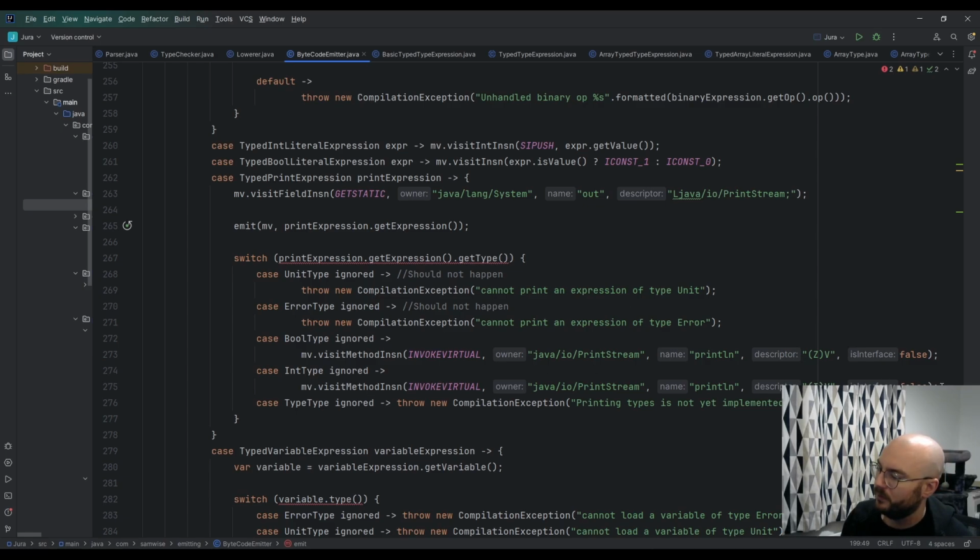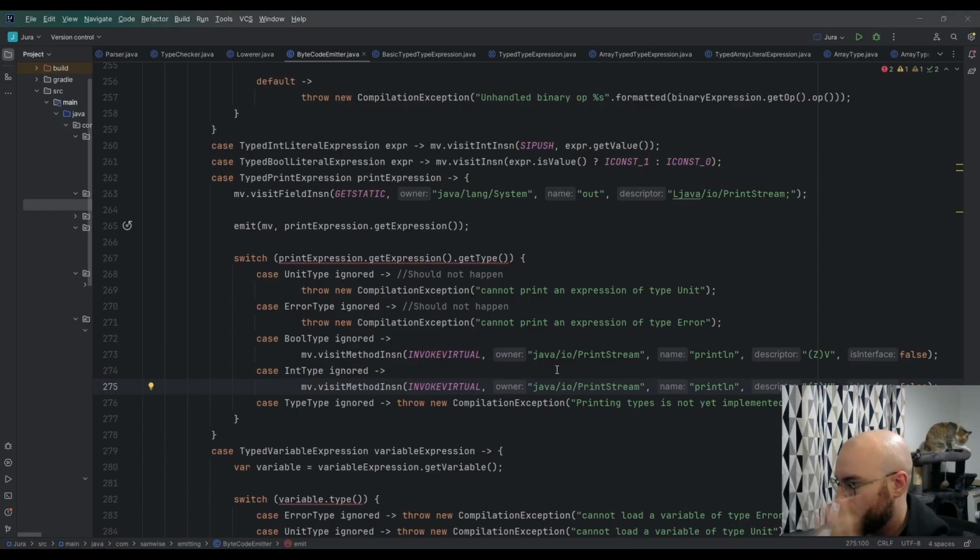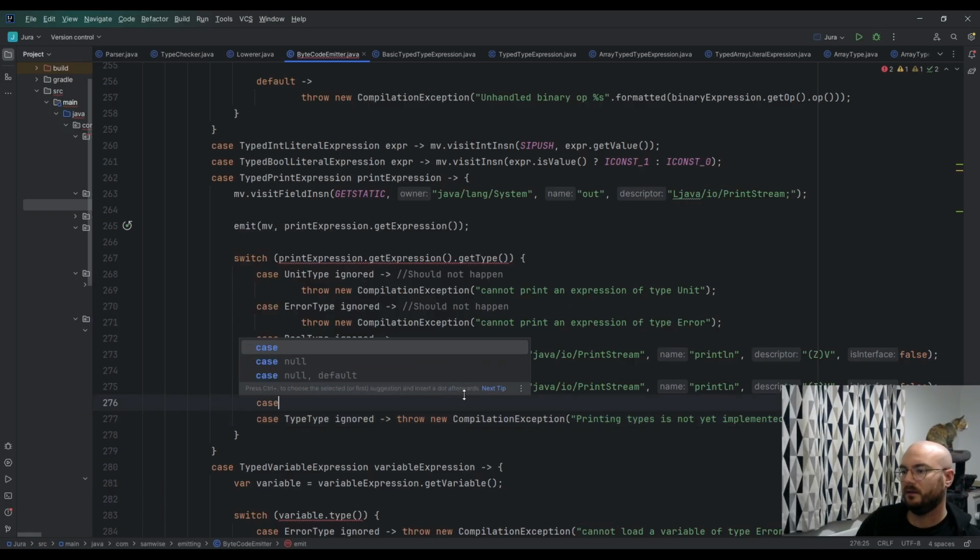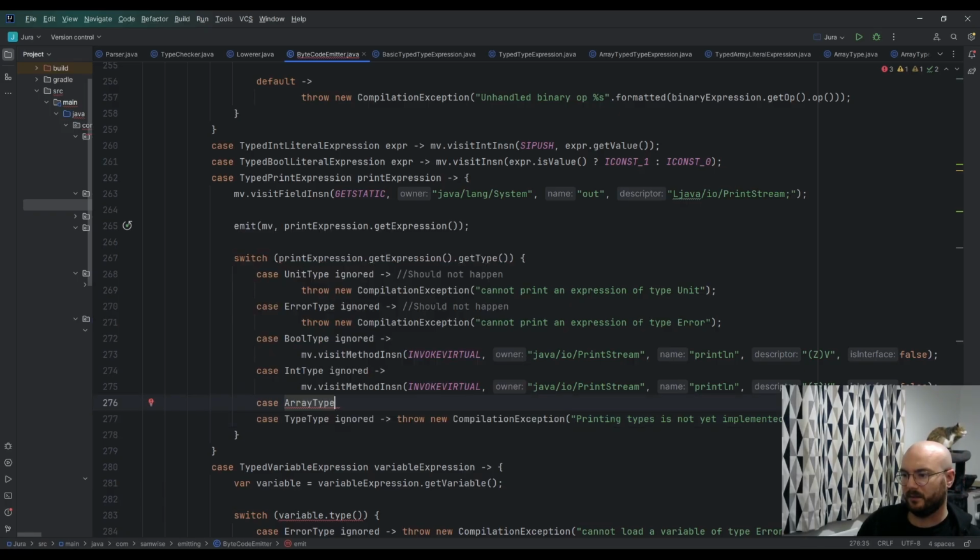But also, I think I can simplify this by just using the descriptor code. Let's not worry about that now. So if we're printing an array type, maybe we... What happens if you print an array in Java? Let's find out. Well, I'm going to need to solve all these compilation problems. But if I go to